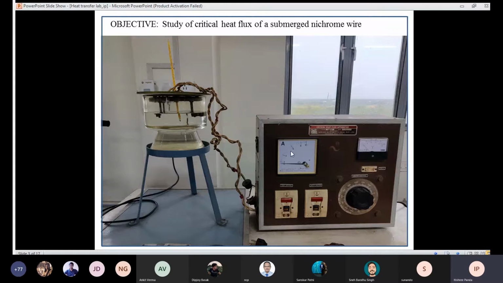So wait for about 30 seconds so that it comes to equilibrium. Since this is a very thin wire, it comes to thermal equilibrium really quickly. Then you increase your current a bit more, and the voltage also progressively changes, but the current change is more pronounced. So with small increments of about, say, 0.5 ampere or so, you keep on increasing the heat input to your wire.